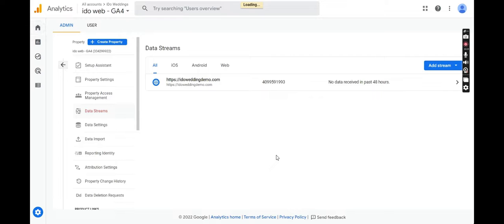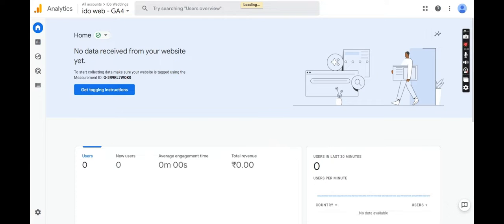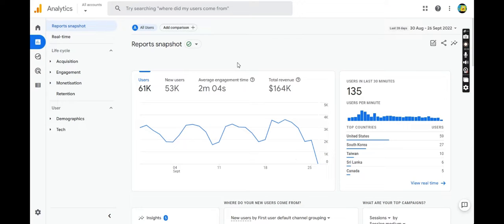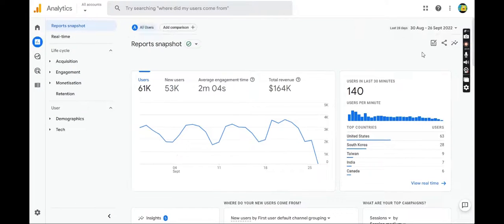So yeah, since I created this just now, there is no number to show, but I had logged into a demo account of Google, which it provides to everyone. Even you can try it. So here, as you can see, there are numbers in form of reports,